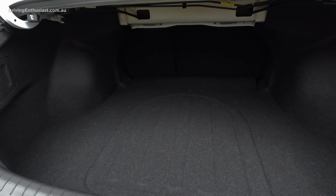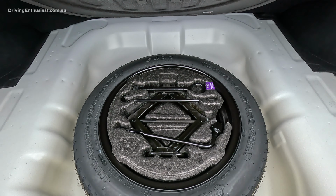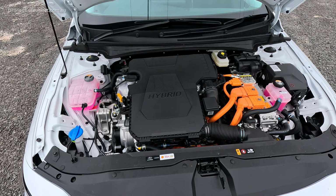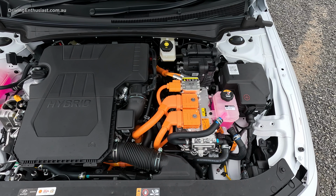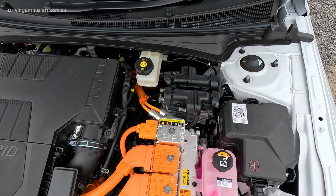As for the powertrain, this gets the same 1.6 litre petrol hybrid as the new Kona Hybrid. The petrol engine runs on Atkinson cycle and is bolted together with a very high compression ratio of 13:1. Combined, the system develops 104 kilowatts, which is pretty modest, but there is 265 Newton meters, the same as the